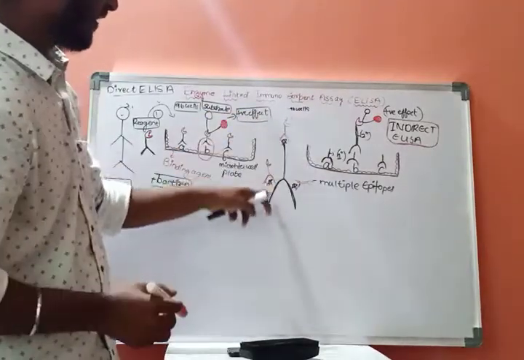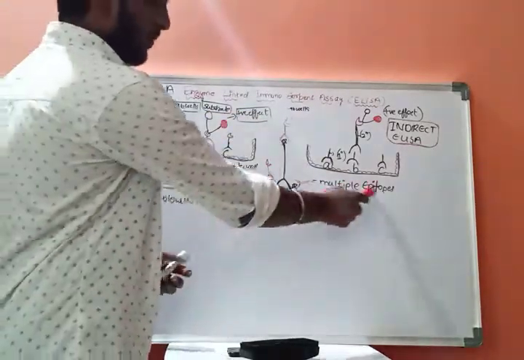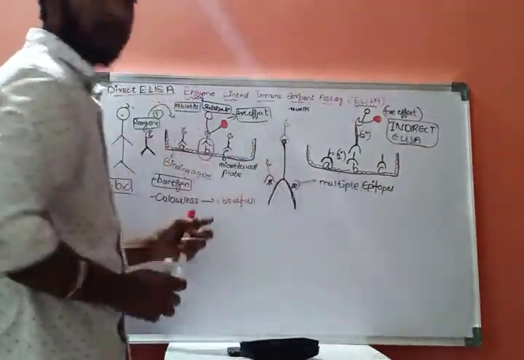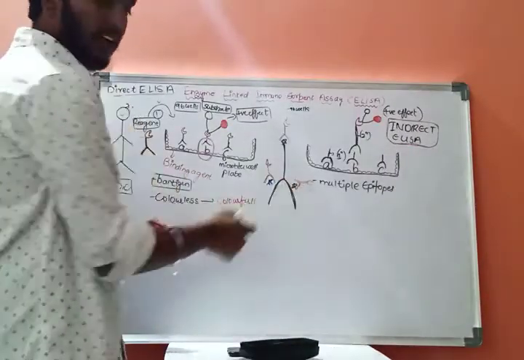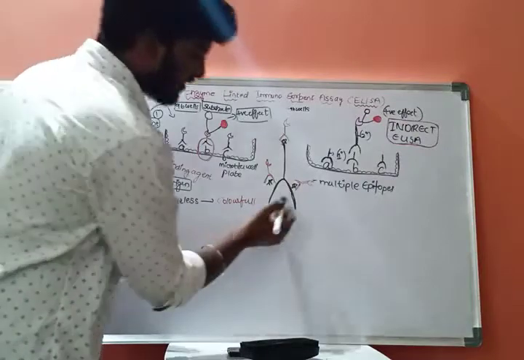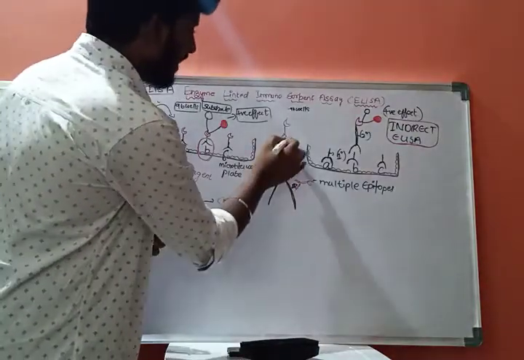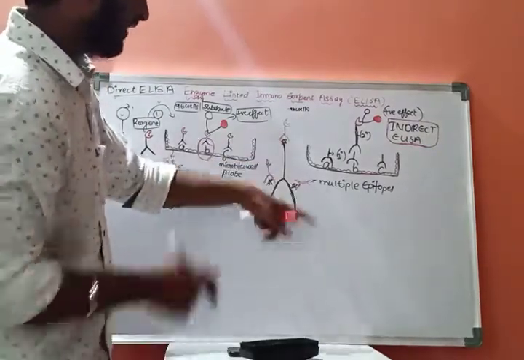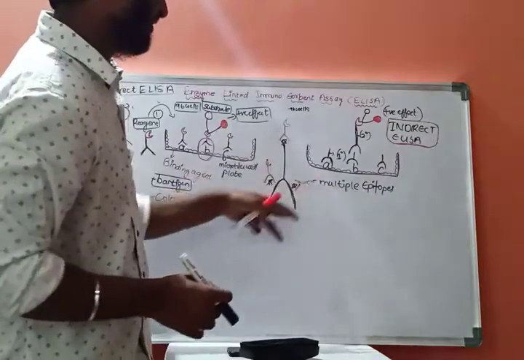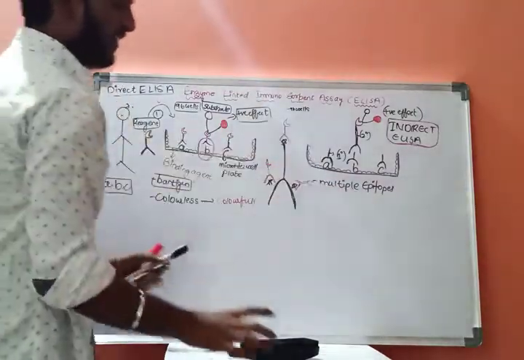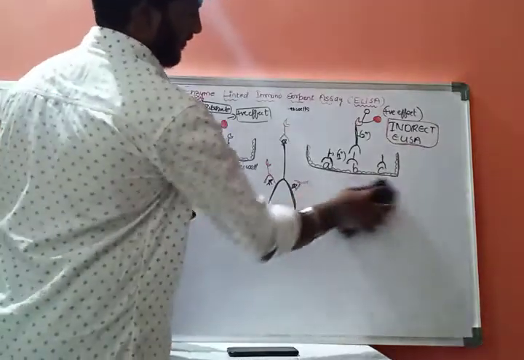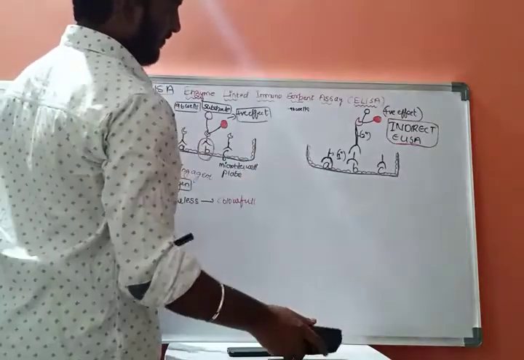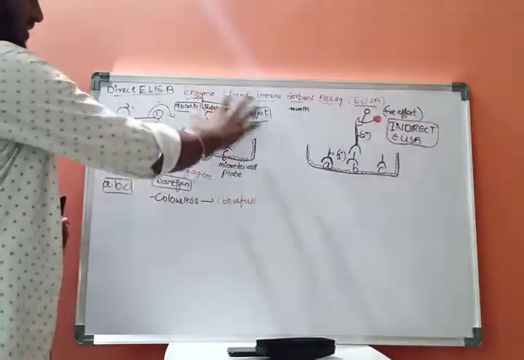Once again, this is the structure of an antigen, and this antigen contains multiple epitopes on its surface. What does epitope mean? An epitope is a site where an antibody will get attached to the antigen. Let us consider this is an epitope, and this is an epitope, where these red colored substances are the antibodies. These antibodies will get attached to the epitope sites of the antigen. This is about the structure of antigen and epitope. And this is about indirect ELISA, and this is about direct ELISA.